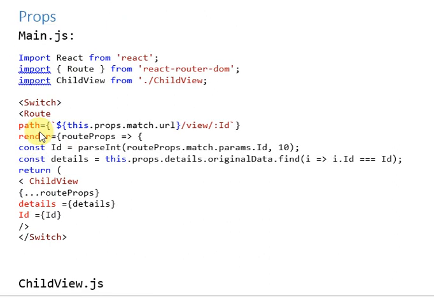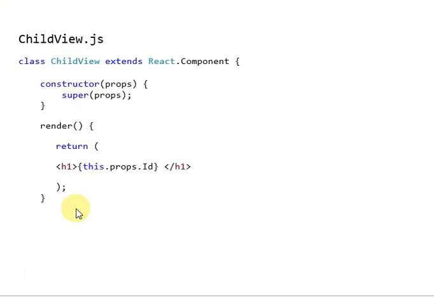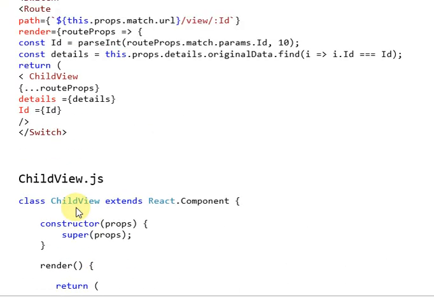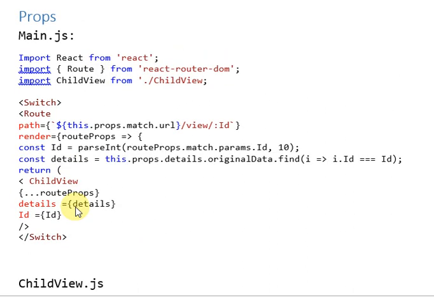So this is the way we can use the props from one page to another page. State can be used in the same page and props can be used in a different page, like in a web .NET application.